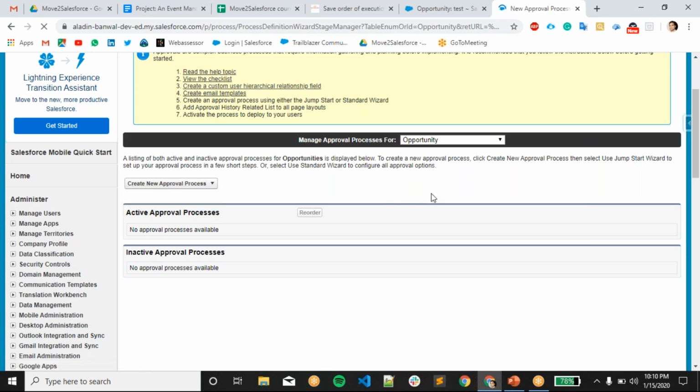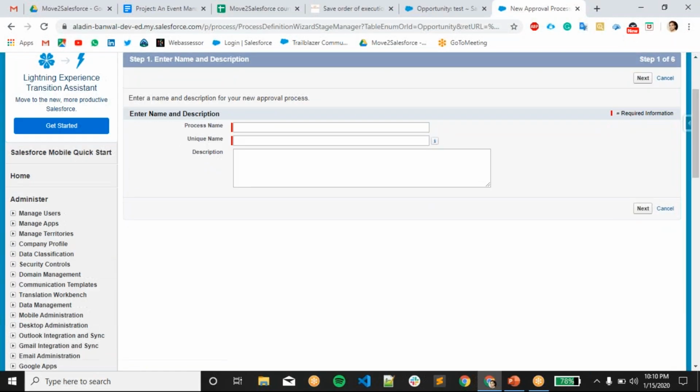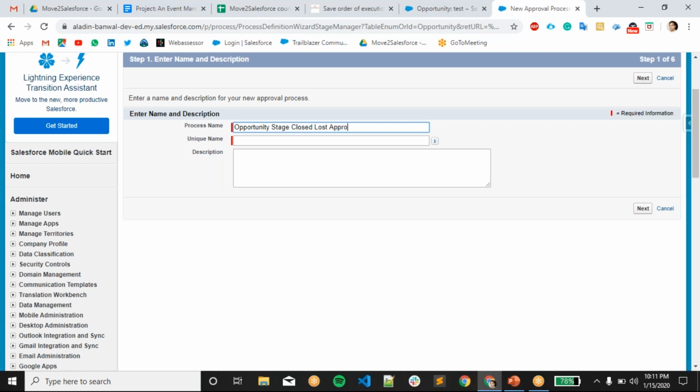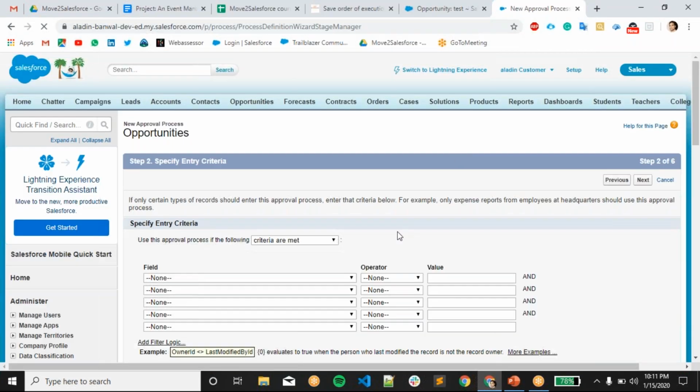Click on that, and here we have to give the name of this approval process. Opportunity stage. You can give a description of this approval process.